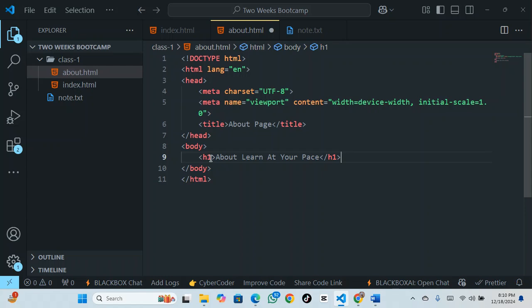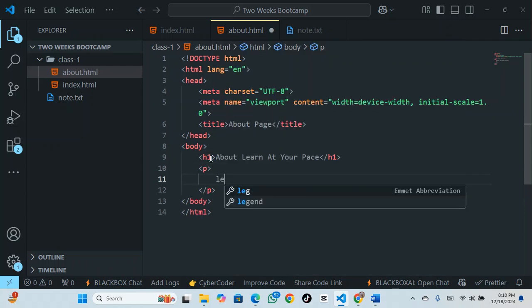Then a paragraph that says, Learn at Your Pace is a